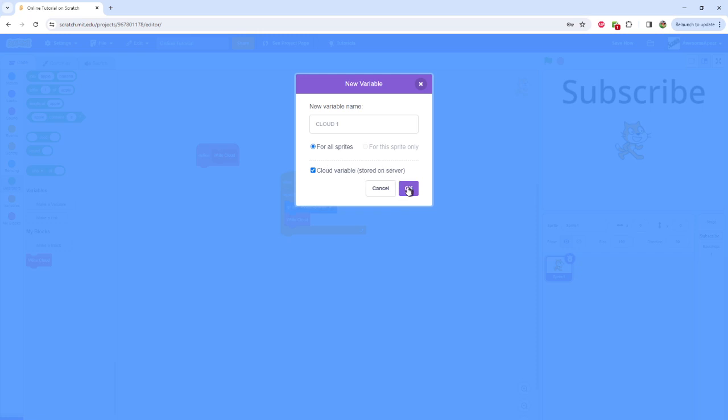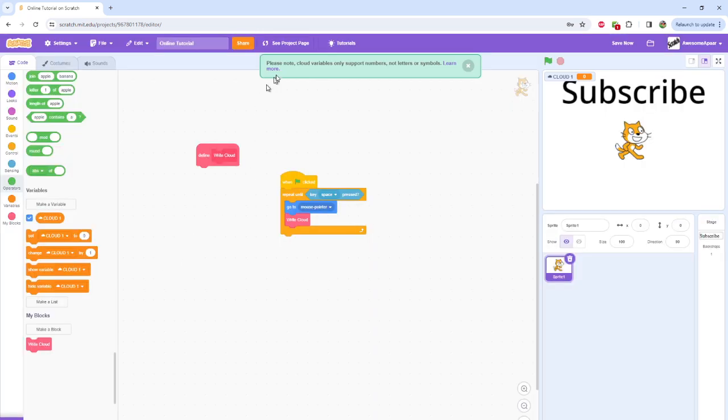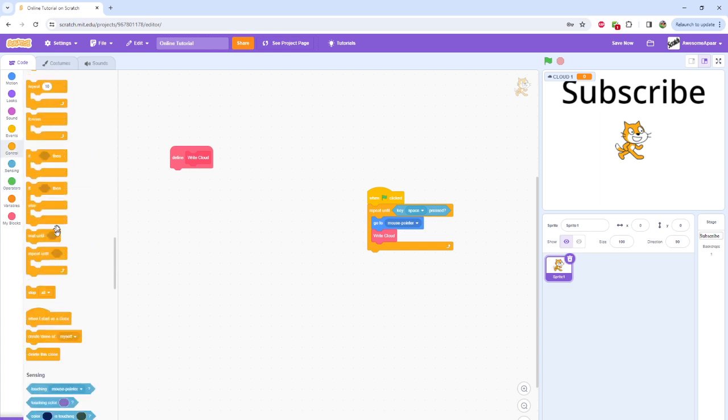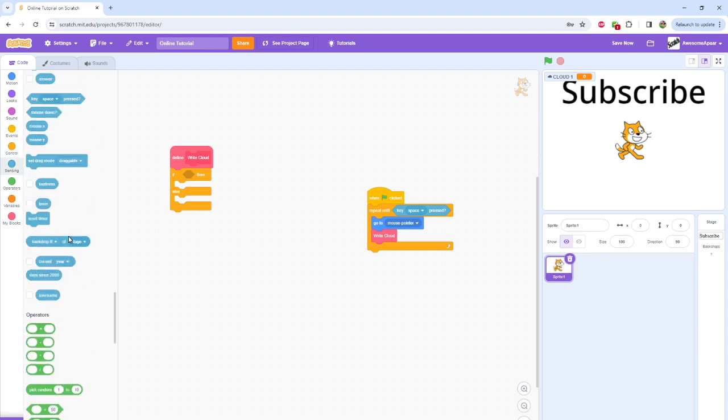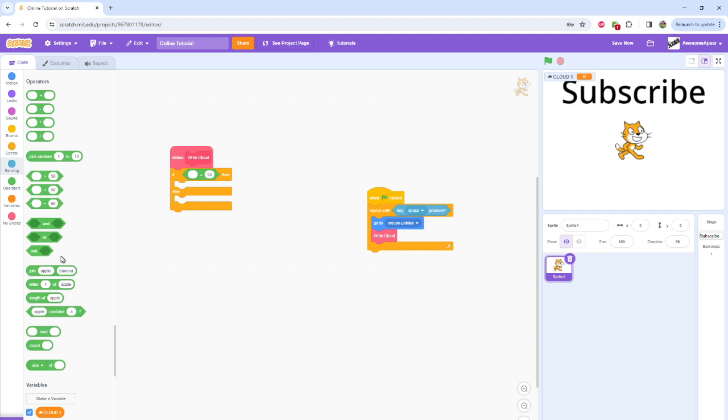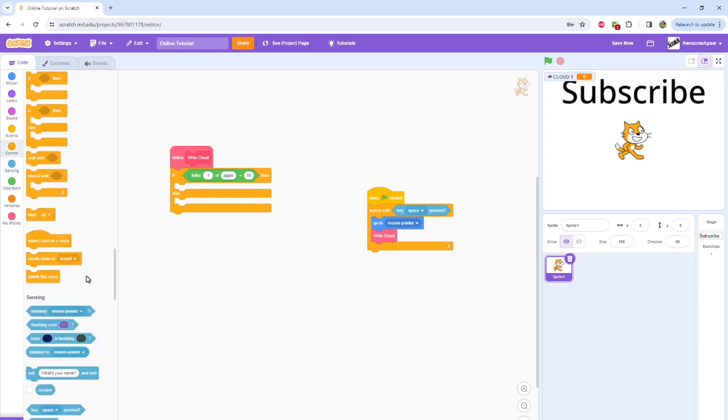So now you're going to click OK, and you get this message right here. Only numbers, not letters or symbols. That's fine because we don't need to write any letters or symbols in it. So over here in write cloud, we're gonna need an if else. And if equal letter 1 of